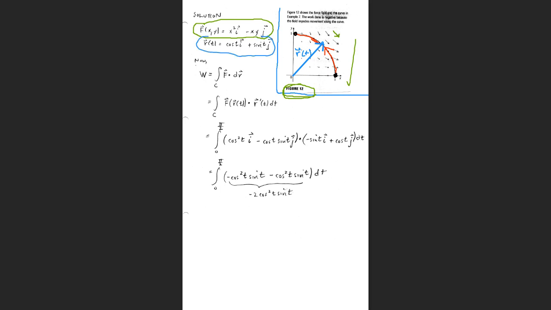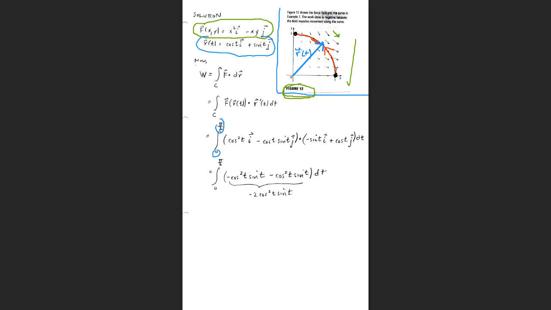All right, so we go ahead now and we work out the problem. The t limits do indeed go from 0 to pi over 2. And remember,